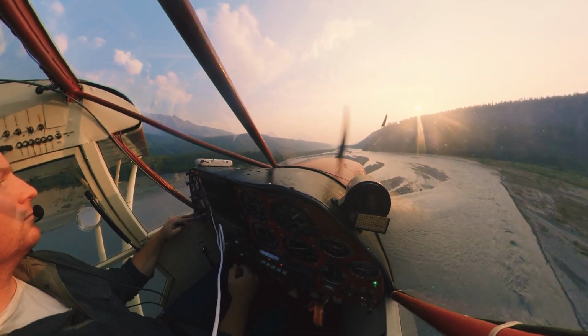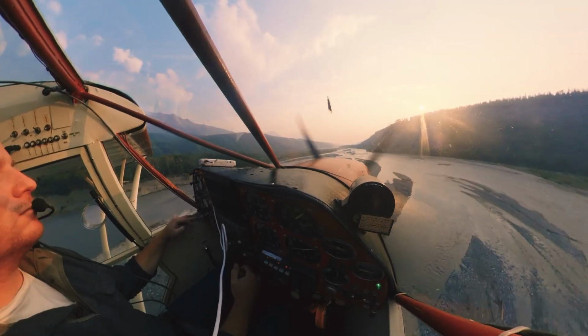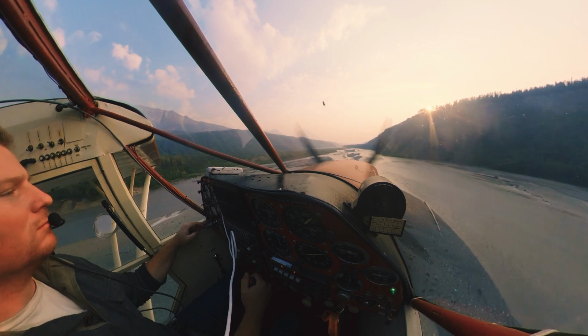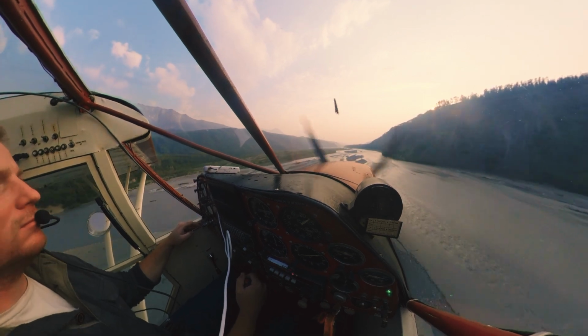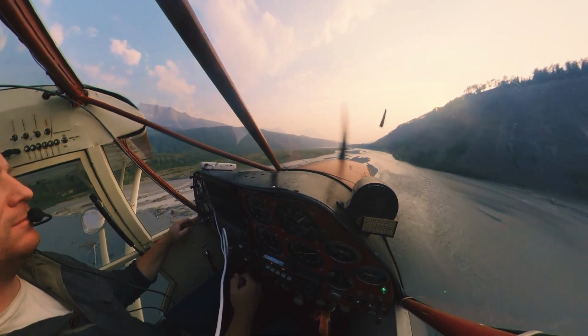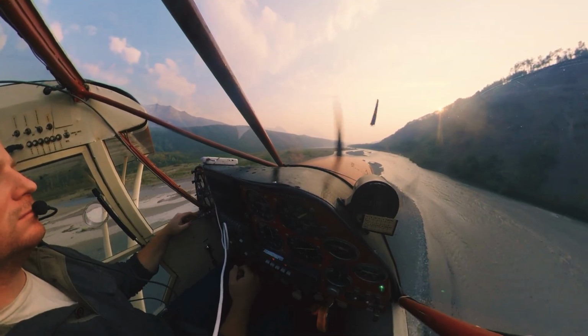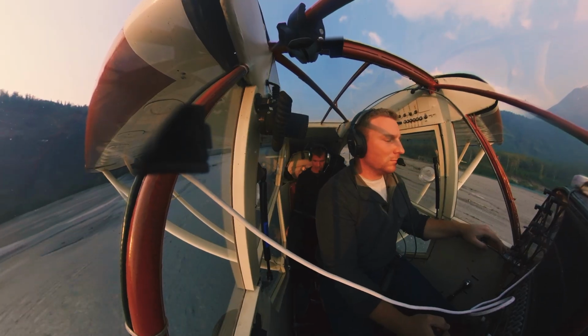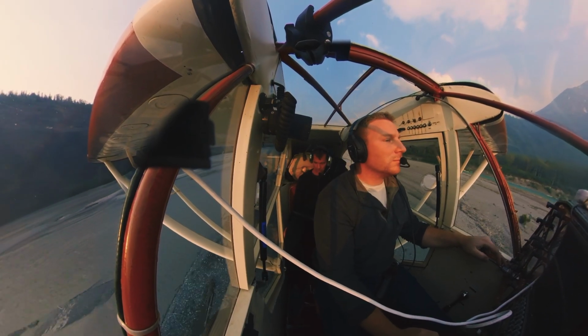To limit risk where I could, I gave the owner the job of reading the map in the back while I was completely eyes outside, looking for any hazards that may come up while we were flying low. I will say that running down the river with mountains looming in the distance through the smoke was a surreal experience. As we soared gracefully a few feet over the gravel bars, I reflected about all the challenges I had